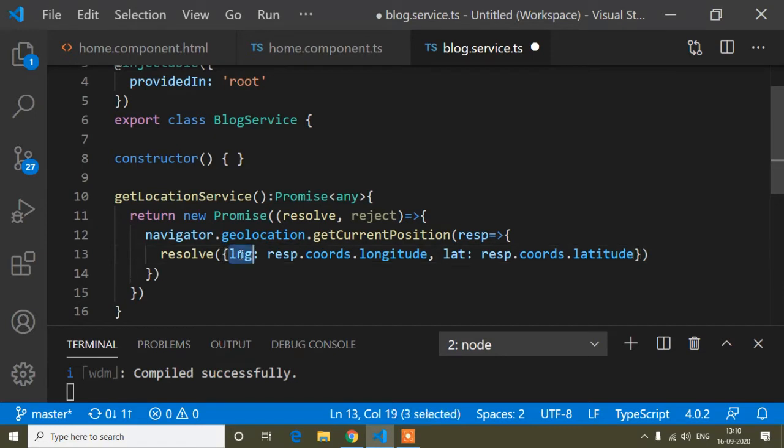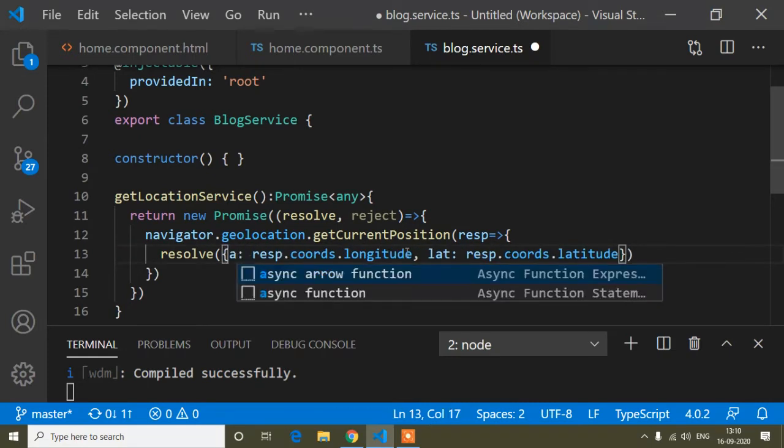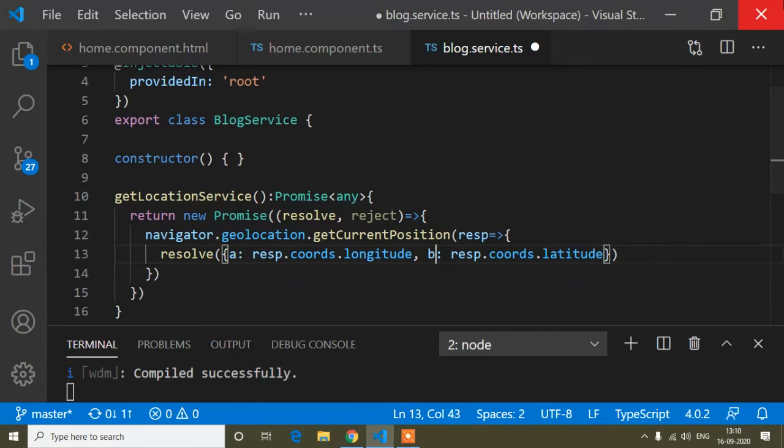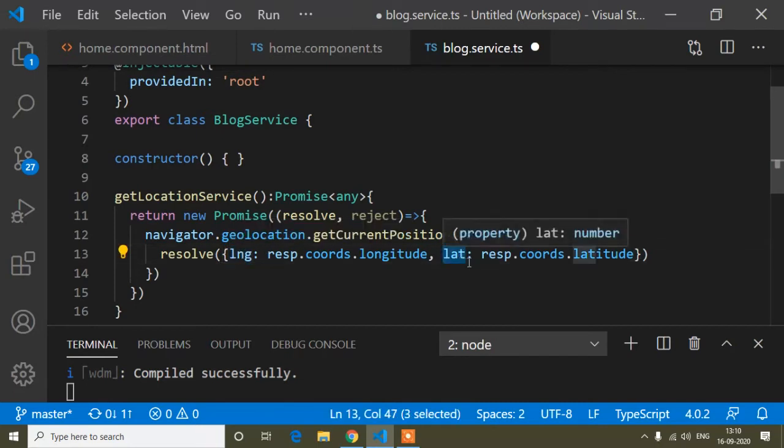So this is the object property. Here, instead of lng, you can write anything, like a or b, but here I have written similar names, lng and lat. So lng for long and lat for latitude. This long property I assign response dot coords dot longitude.